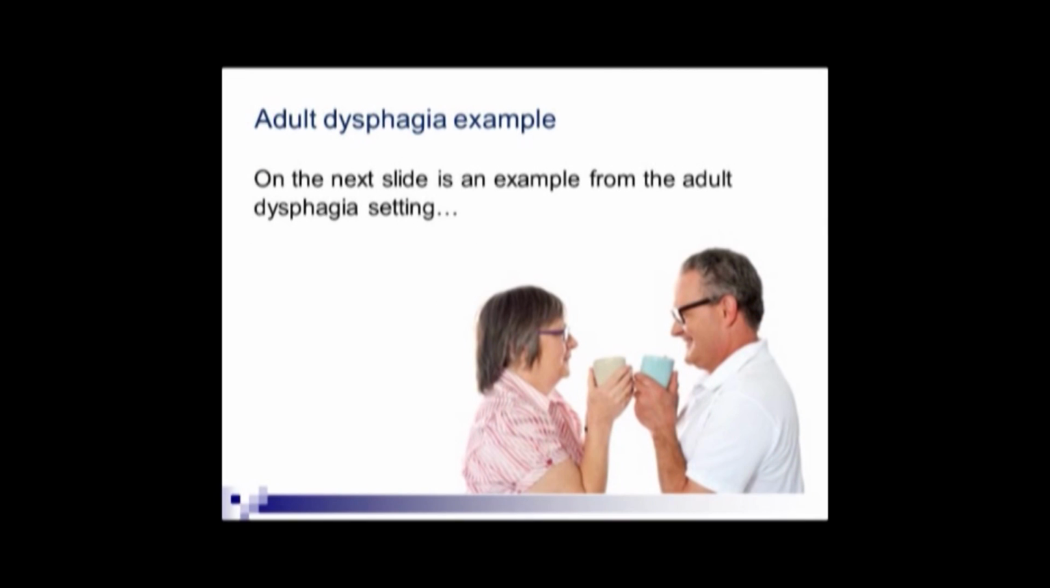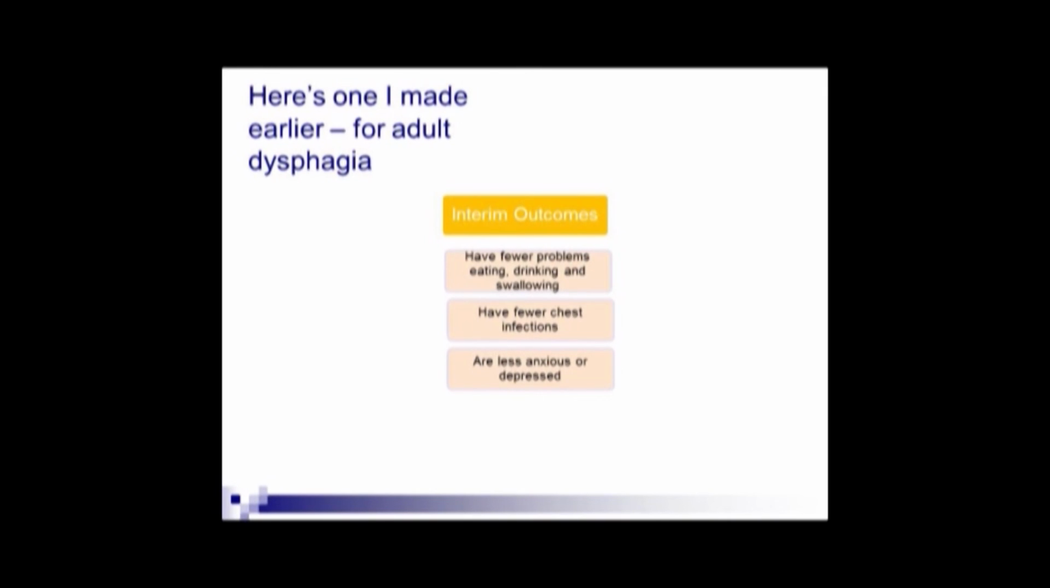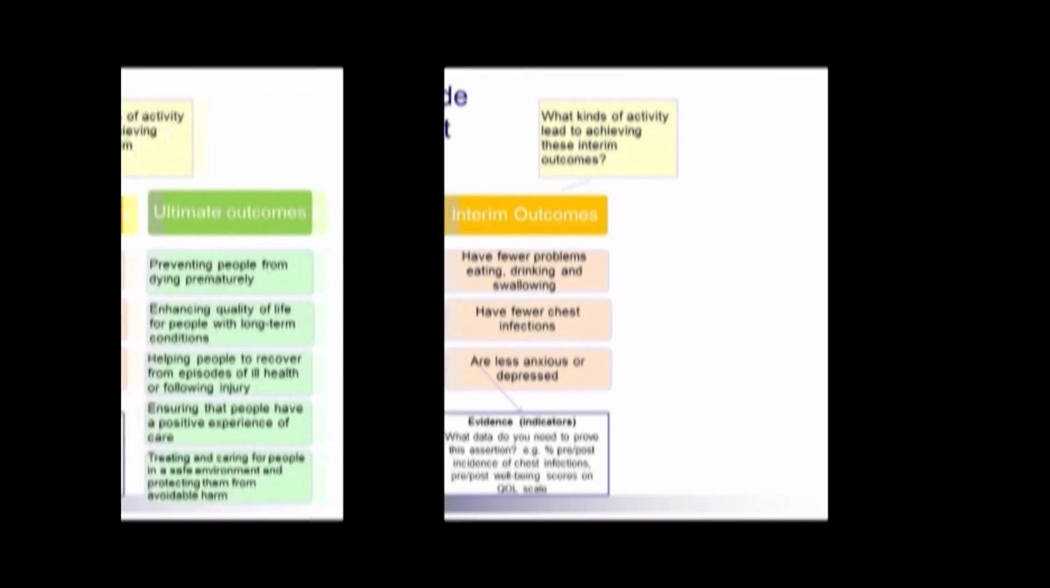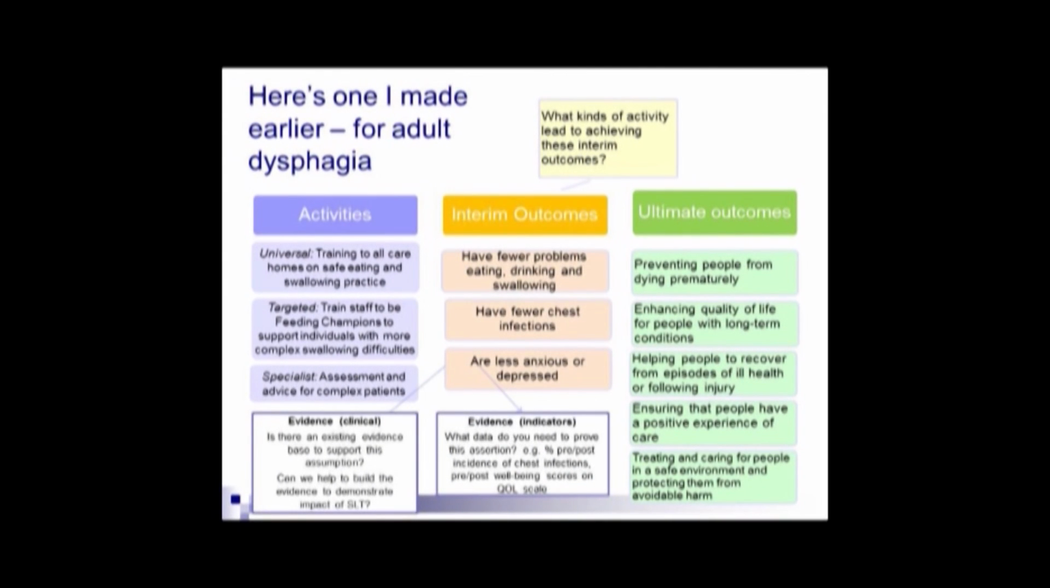Okay, and here's another example, this time taking an adult perspective in a dysphagia setting. The outcomes are to have fewer problems eating, drinking and swallowing, to have fewer chest infections, and to be less anxious or depressed. The types of activities are at universal level, training to all care homes on safe eating and swallowing practice, training staff to be feeding champions, to support individuals with more complex swallowing difficulties, and at specialist level assessment and advice for complex patients. Here the kind of indicators might be percentage of